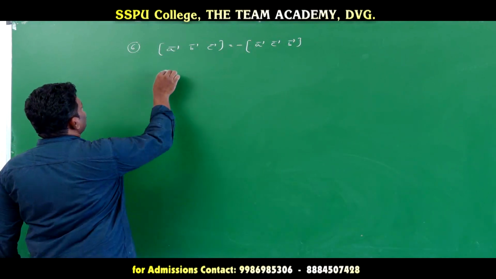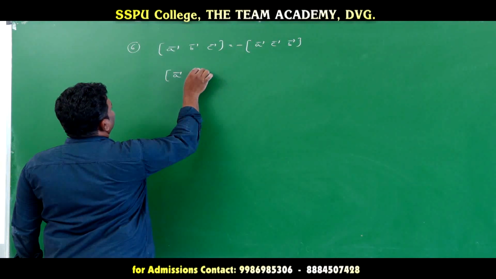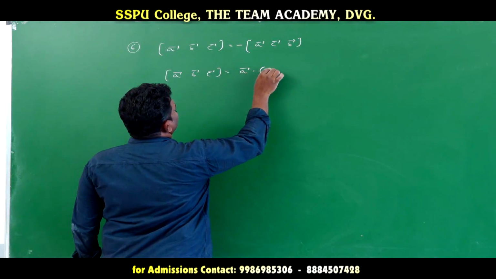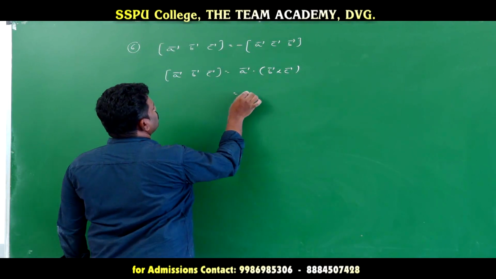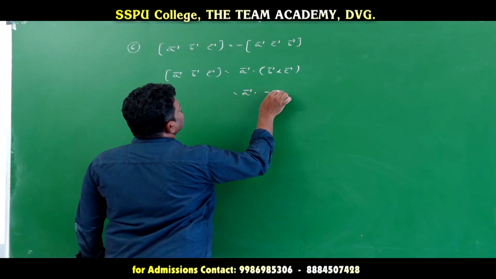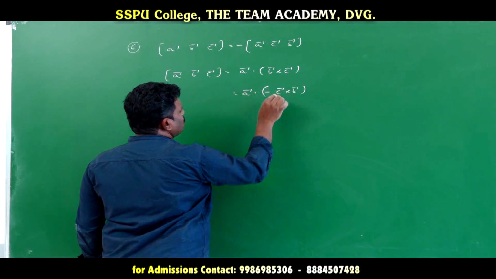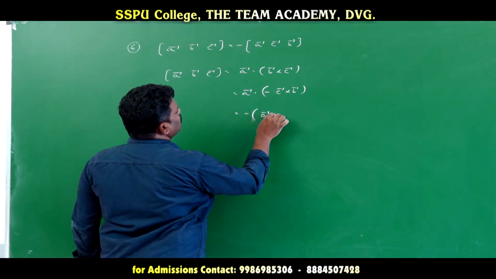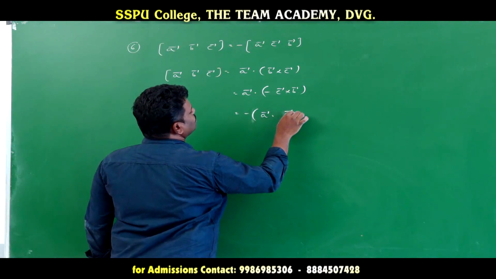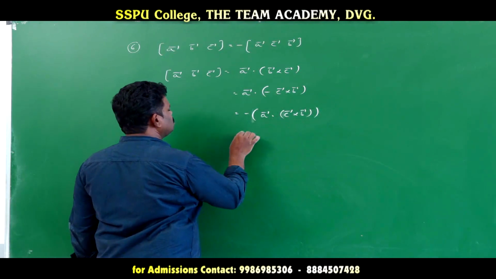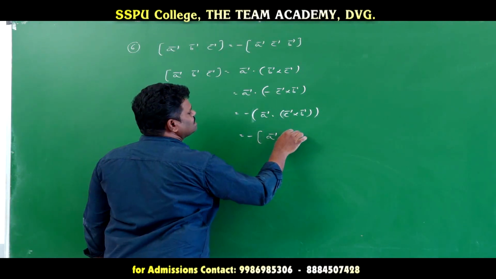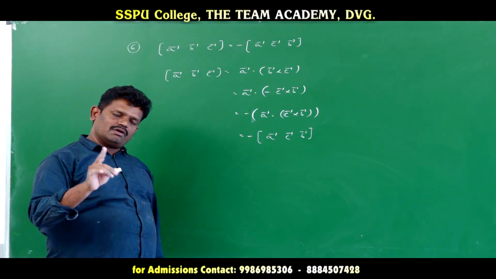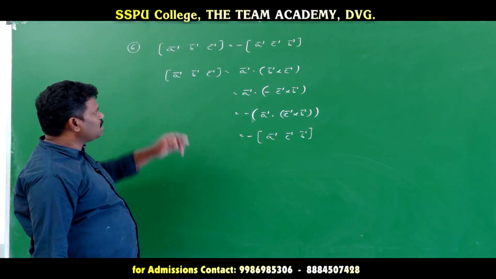Now see how to get that value. Box of a bar, b bar, c bar is equal to, first, a bar dot b bar cross c bar. Now if you take this value, a bar dot minus c bar cross b bar. Taking the minus in common, we get minus a bar dot c bar cross b bar. How do we write this one? Box of a bar, c bar, b bar. So in any box, if we interchange the vectors one time, we get the opposite sign of the given box value.